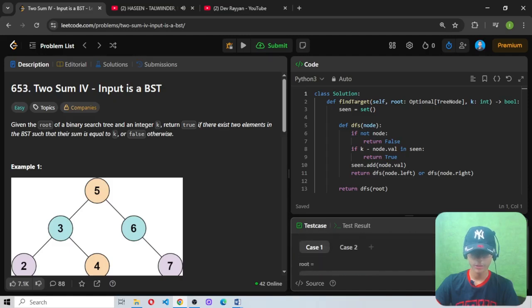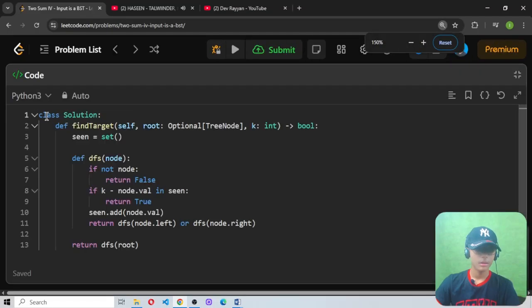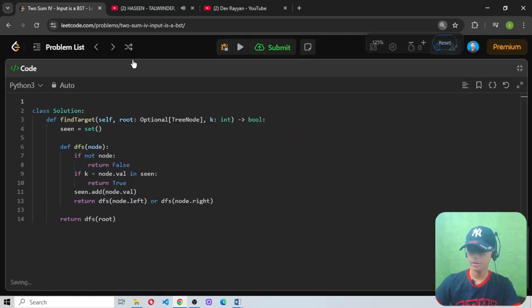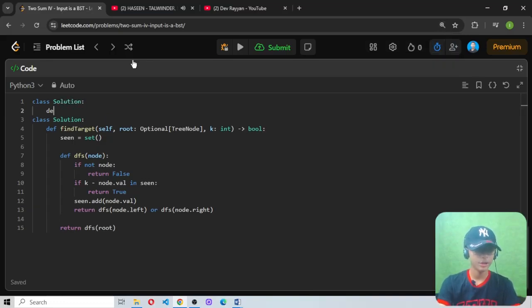So let's try to solve it. First of all, you only want to unzoom it. Then in the whole frame you will see the code. Class Solution